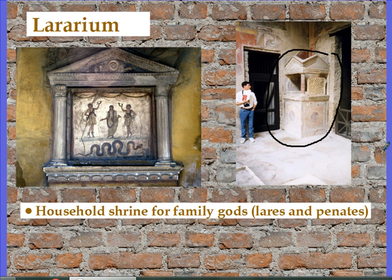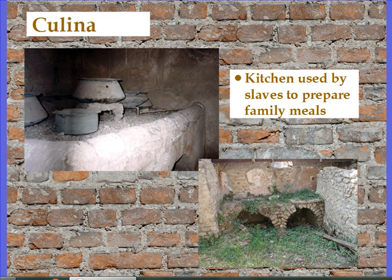The culina, or the kitchen, was used by slaves to prepare family meals. So typically the family would not go into the culina, only the slaves. And you can see from these pictures the oven where the cooking would occur. So here's your double oven right here. A fire would be made underneath. And then this is the cooking surface on the top where pots such as these could be placed and food cooked in them and prepared. You could also have a shelf in one of these ovens like this and use it to bake bread inside